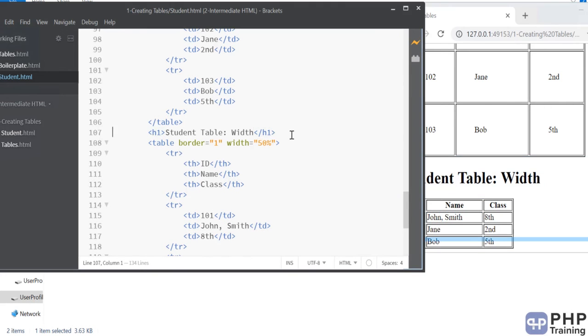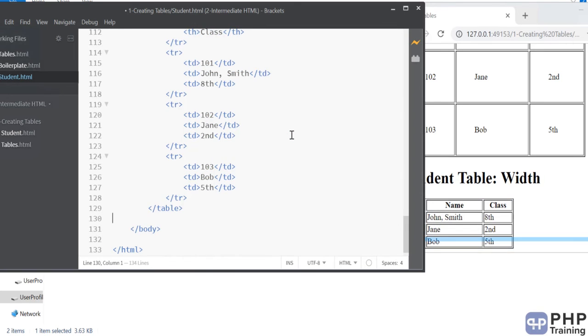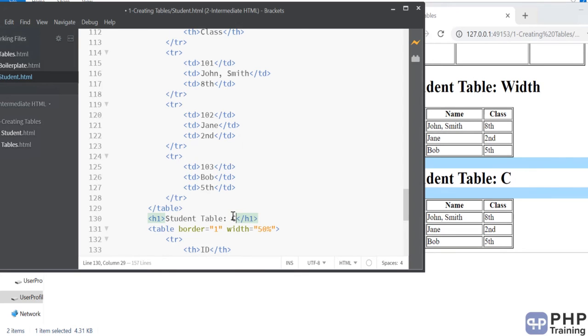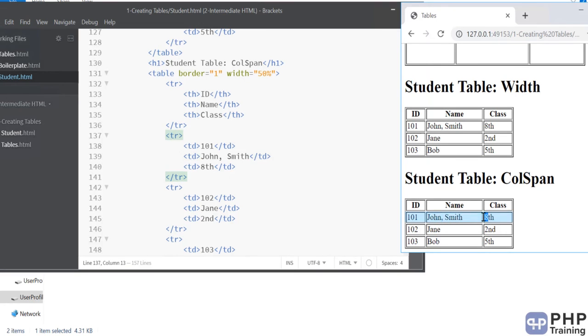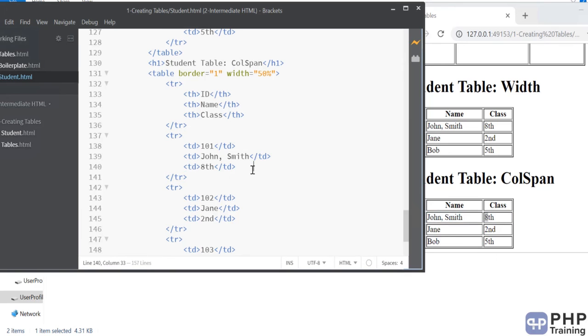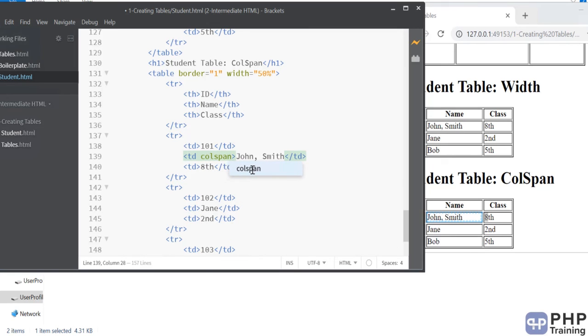Next is column span. That's one more attribute of a table. Column span is nothing but adding columns together. Let's say you want to add these two columns together and you don't want to have this line. You can do that by specifying column span of 2, which means you occupy two columns.